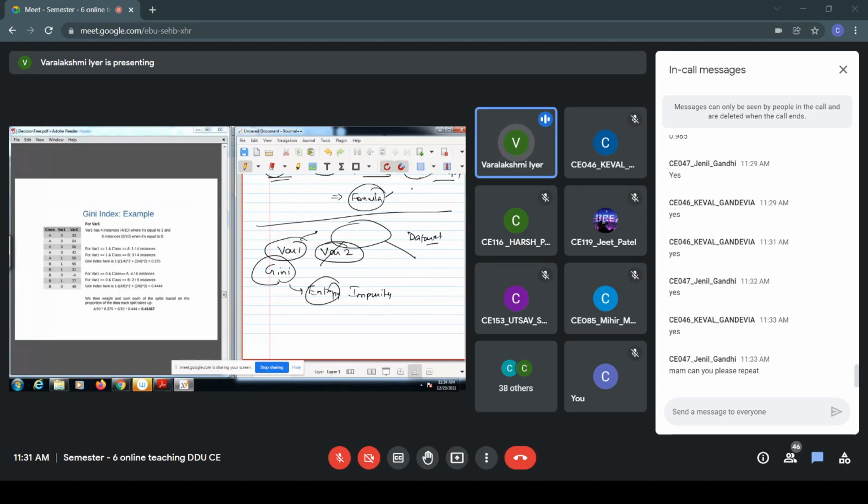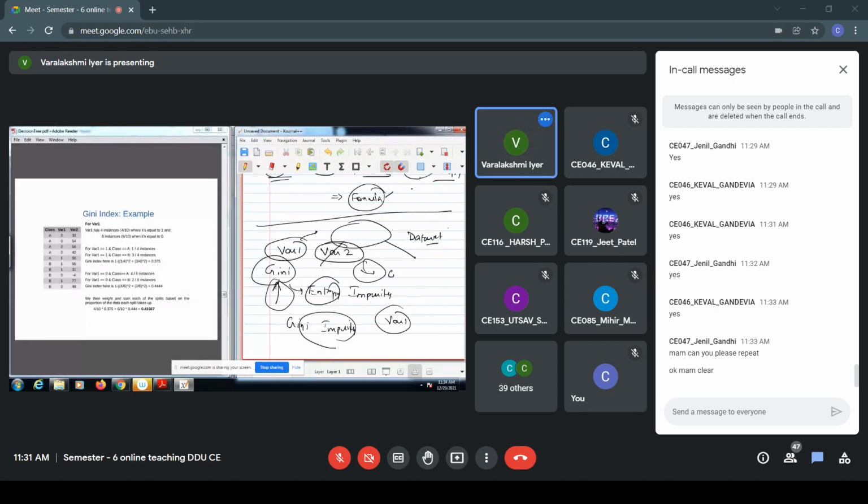In a similar manner, by splitting on variable 1, we'll calculate the Gini impurity. Does it decrease? If it is decreasing using variable 1, then variable 1 will be chosen to split the data set, and if it is decreasing with variable 2, then variable 2 will be chosen as the splitting attribute. The formula we use to perform the split is just a difference, but the idea is similar. Are you getting it? In this case also we'll calculate the Gini impurity of that particular attribute. So let us go through the example once.